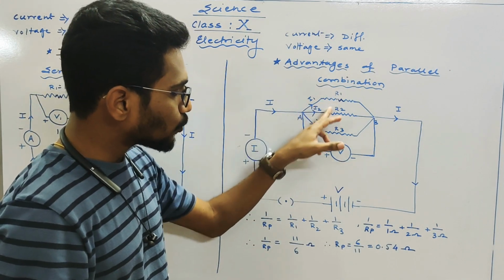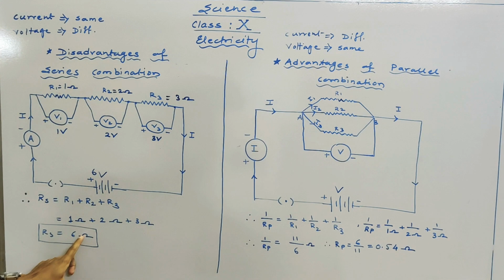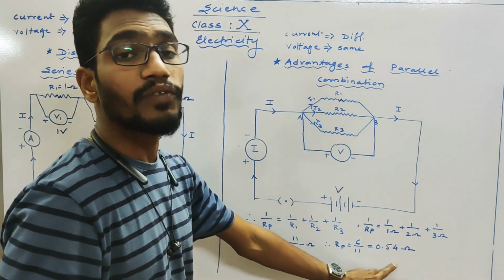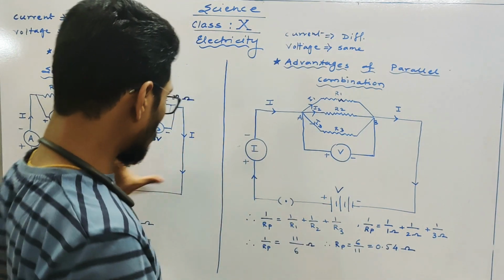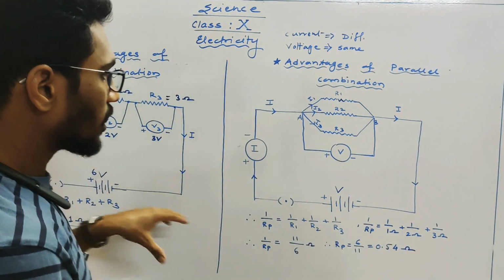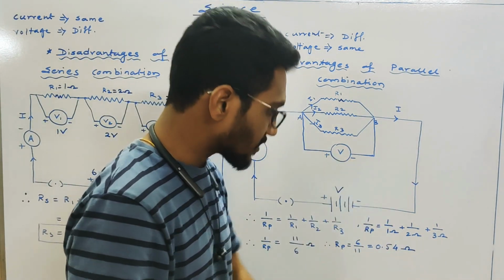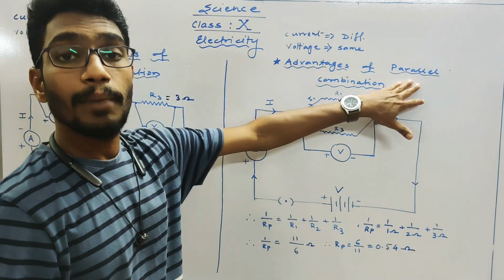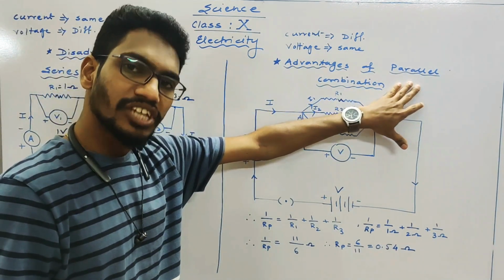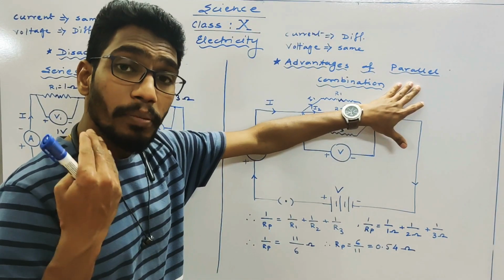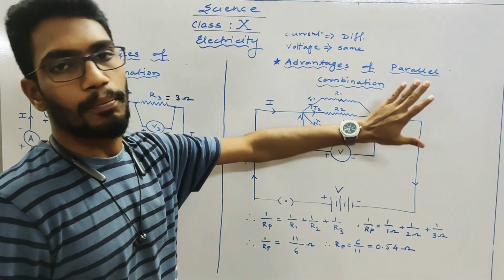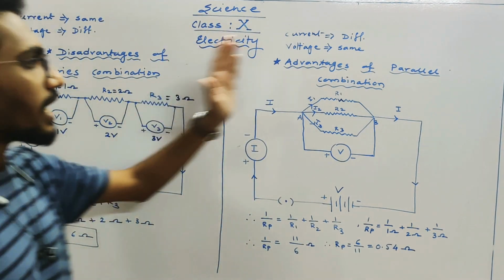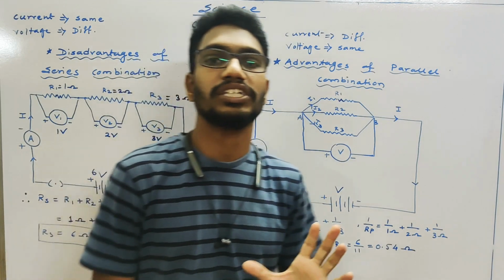इन्हीं तीन लोगों को 1 ohm, 2 ohm, 3 ohm को सीरीज में लगाया तो टोटल रेजिस्टेंस 6 ohm. इन्हीं को पैरेलल में लगाया तो टोटल रेजिस्टेंस बिकम 0.54. इधर 6 हो जाता है which is greater than 1, 2 and 3, and here 0.54 which is less than 1, 2 and 3. So overall resistance decreases in which combination? Parallel combination. As the overall resistance decreases, it requires very less voltage, तो bill कम आएगा. In which combination? Parallel combination. So these all are the disadvantages of series and advantages of parallel combination.